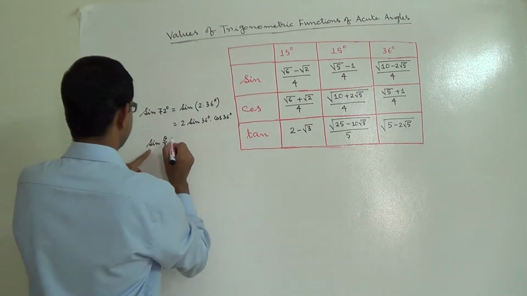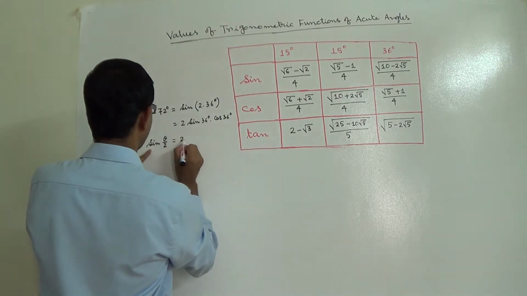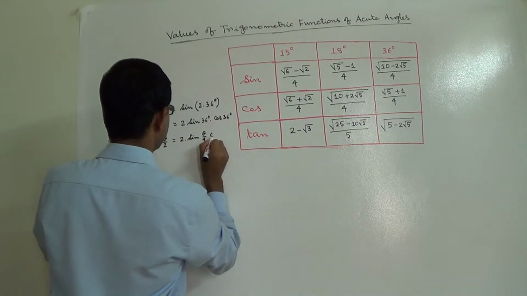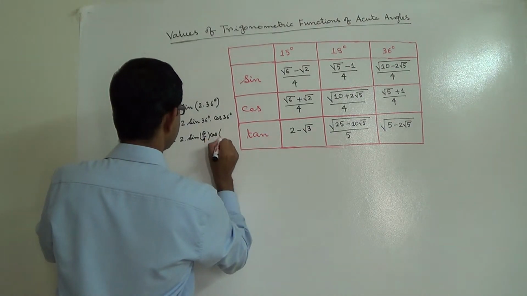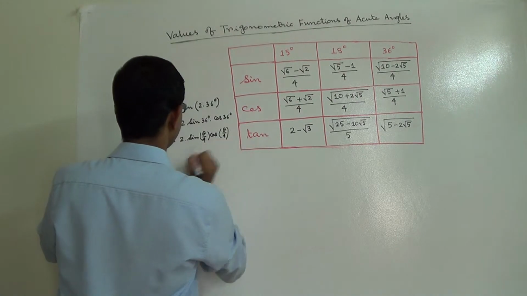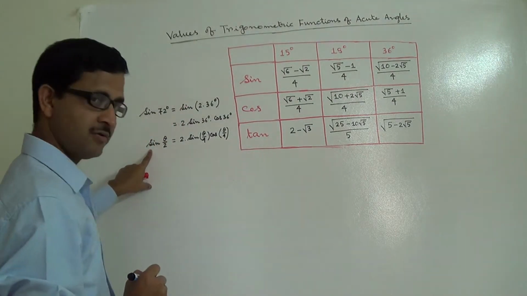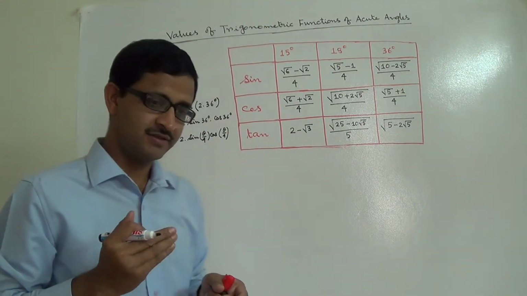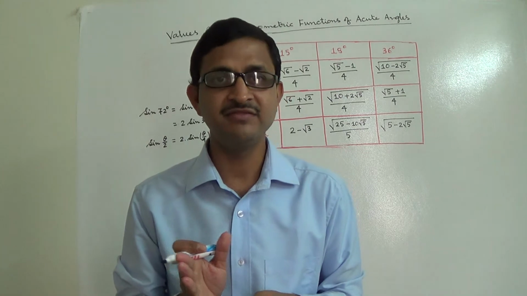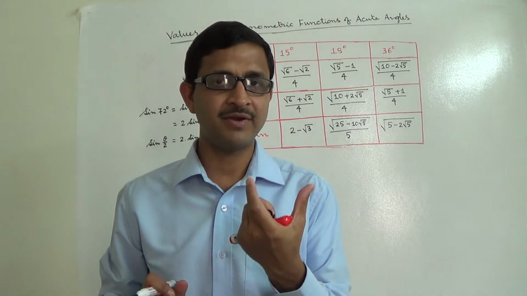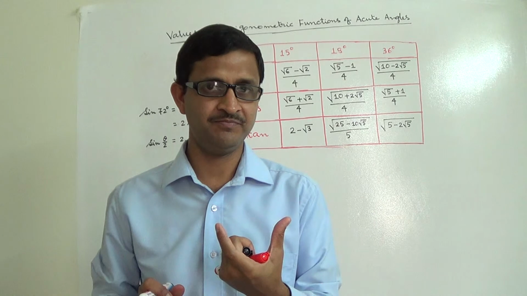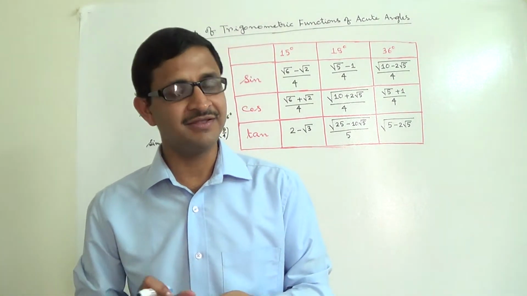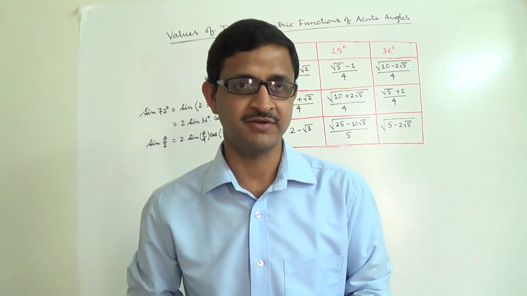The value of sine theta by 2 you can find in the form of 2 into sine theta by 4 into cos theta by 4. Alright? So the point is that the multiple and submultiple in this context can be derived from the same formula. You just need to scale it up, in the sense either multiplication or division.